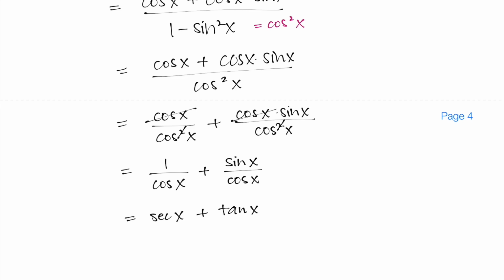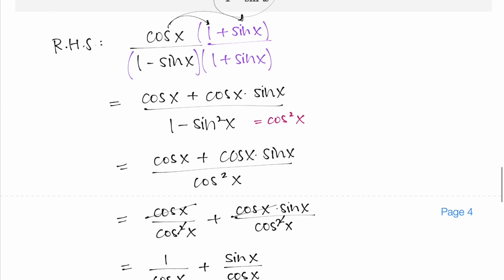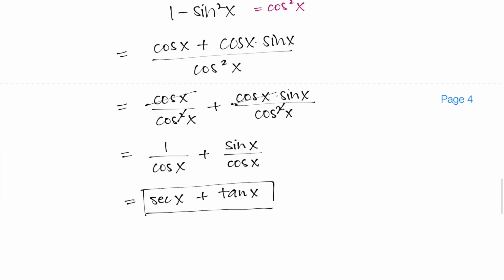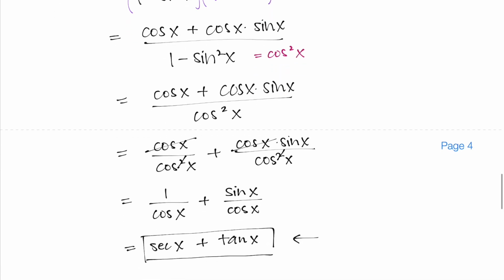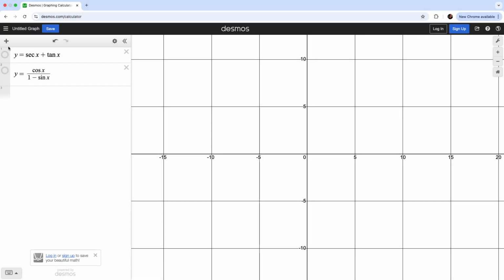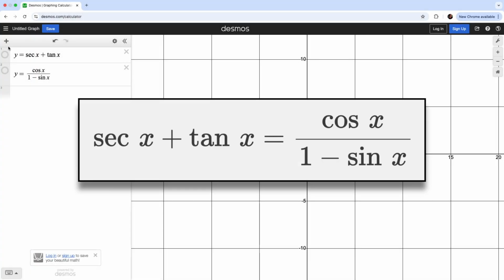And again, we want to make sure that we are writing down our expression without fractions, because fractions are not considered simplest form. And whenever we want to verify an identity, we want to get rid of the fraction format. So we've done that now. And we could say that if we're comparing the answer we just got to the left-hand side of the equation that we started with, we can say that we actually successfully verified this identity as well. So that's it. But that's not quite it, because we could also take a look at the graphical approach to